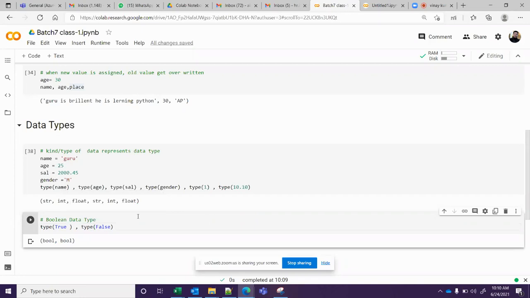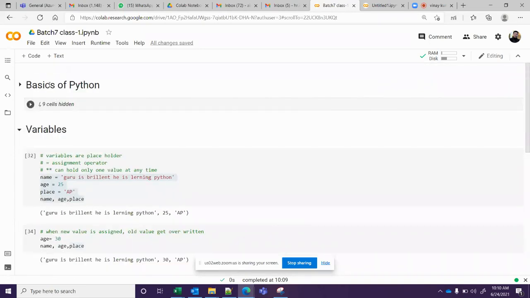Now we understand some of the basic data types we have. Most of the data in the real world is text. 80% of the data sits in the form of text. Text is represented in the form of strings. Next are whole numbers, which are integers. Then we have decimals called floats. Then you have Boolean data type. We have another complex data type, the date data type, which is different and I'll teach it at the end. Other than this, these data types are enough as of now. Okay, clear?